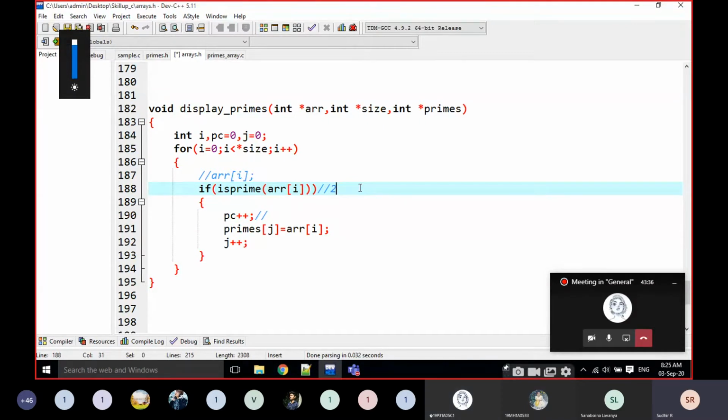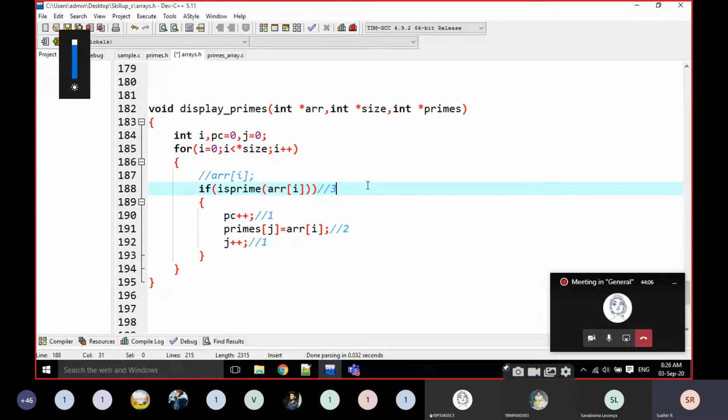Then PC is incremented by 1, and primes of j means primes of 0th position. In the 0th position of primes, I am going to insert 2. Then j++, then j becomes 1.